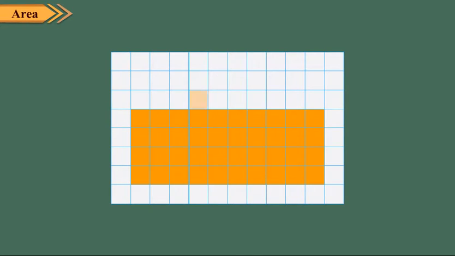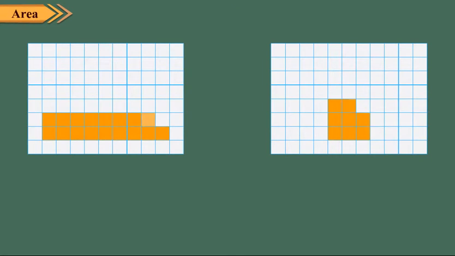We can use squared paper to find the area of a plane figure. A 1 centimeter squared paper is shown here. So area of each square is 1 square centimeter. To find the area of a plane figure, we count the number of unit squares enclosed by it. Consider the given shape. It encloses 48 small squares. Since area of each square is 1 square centimeter, its area is 48 square centimeters.